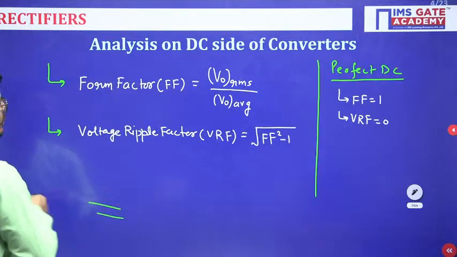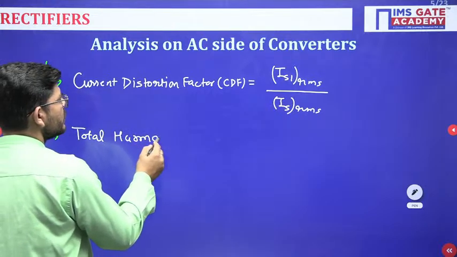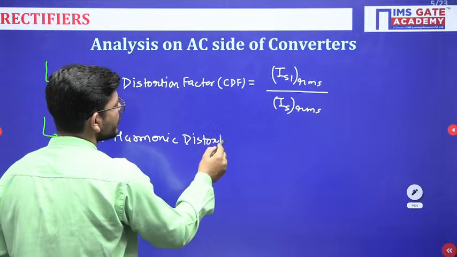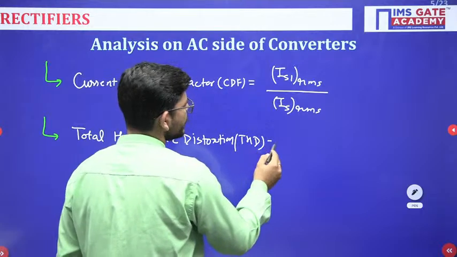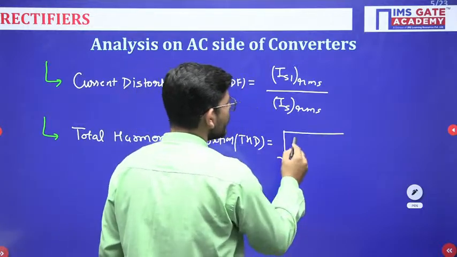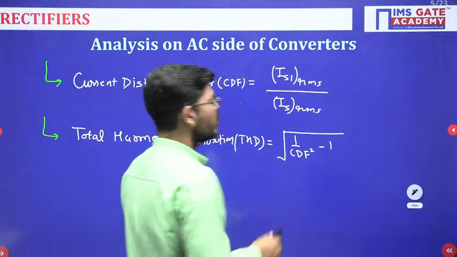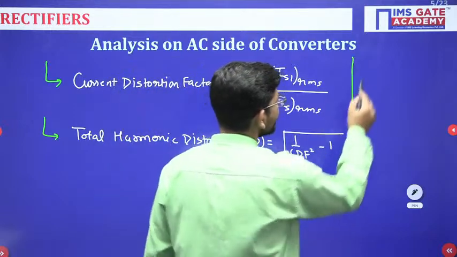Okay, then we will measure something called total harmonic distortion or THD. So total harmonic distortion, this is equal to the square root of 1 by CDF squared minus 1. Okay, now again when it comes to perfect AC,